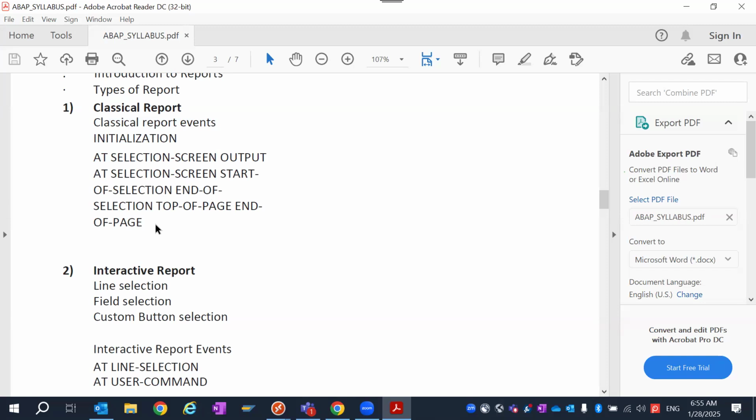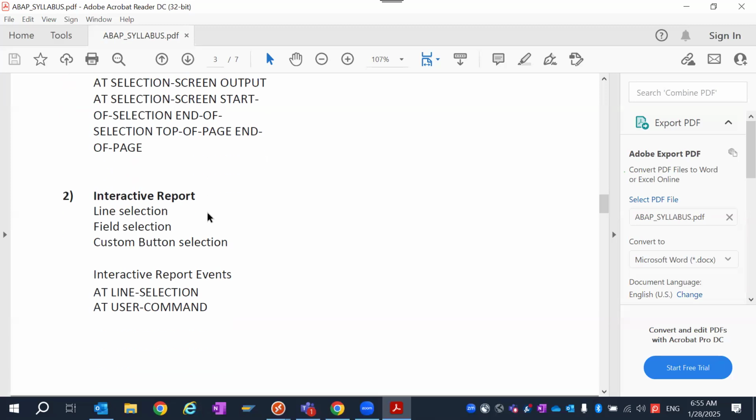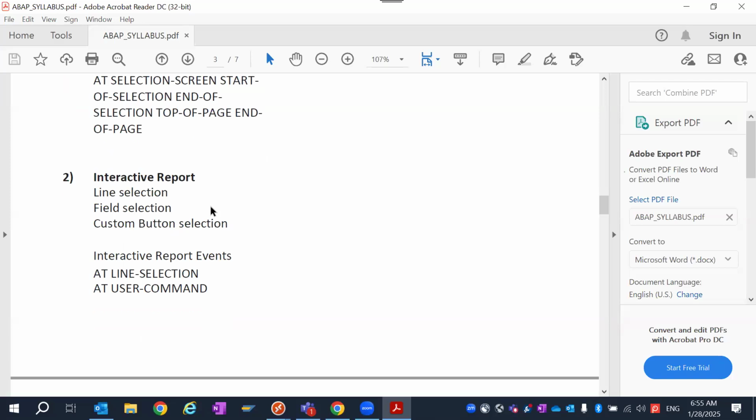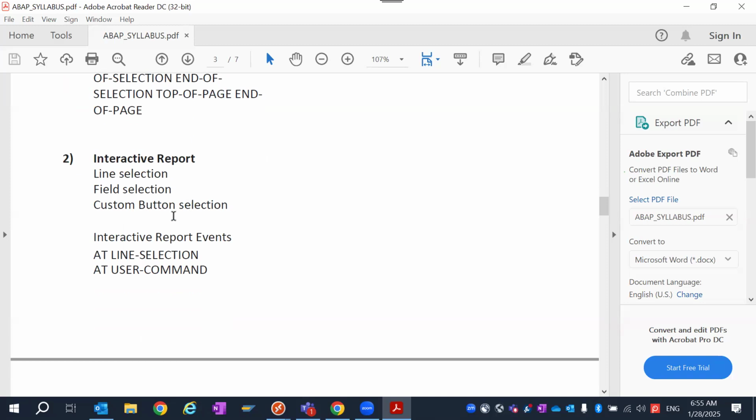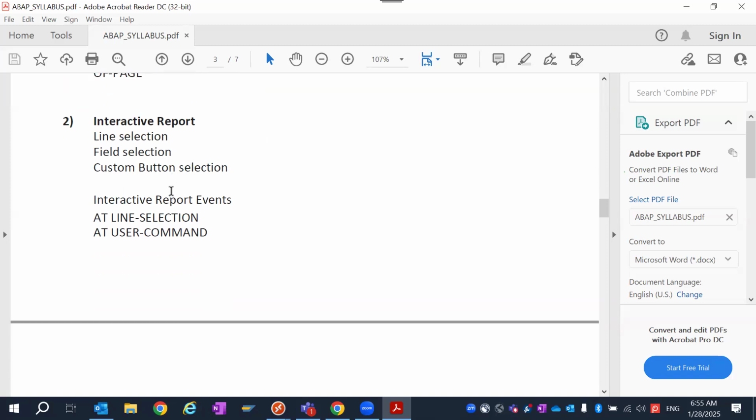items of the sales order. Tomorrow in class, somewhere I will tell you how the data is defined in SAP. If you understand that, it is easy to create the tables and all. Interactive reports means that if I double click on a material number, I want to see the material details, or if I double click on the sales order number, I want to see all the sales order items,